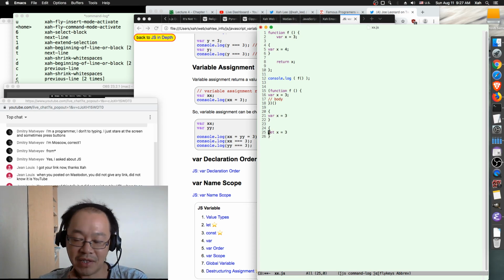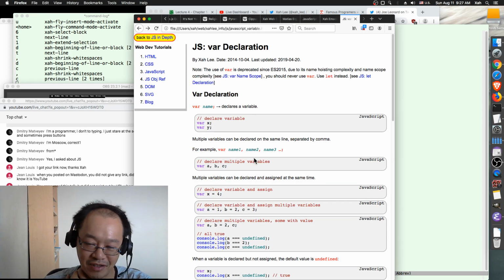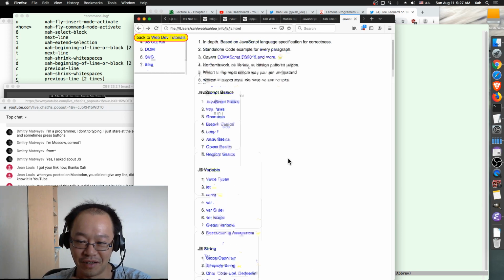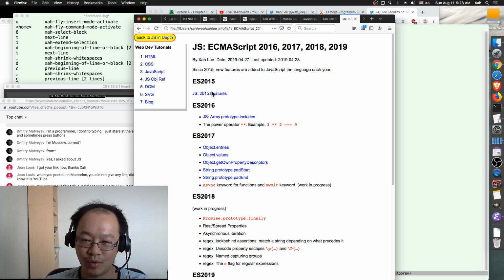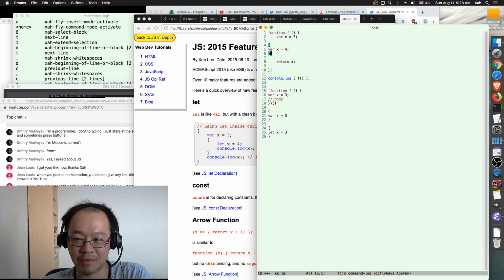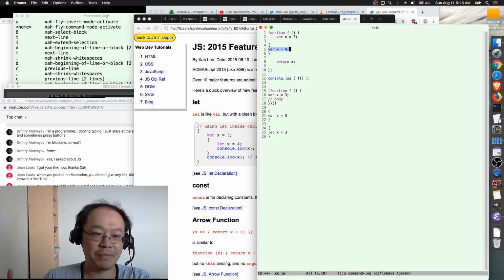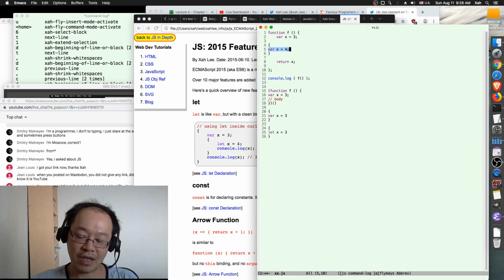I mean, JavaScript is rather a very convoluted language. So if you haven't coded JavaScript, you probably don't want to know. Okay, it's very convoluted. But if you code JavaScript and you don't care about old browsers, more than 5 years old browsers, then you can stick to using ES 2015. For example, never use var. Basically, that's what people recommend. If you don't care about browsers older than before 2015,